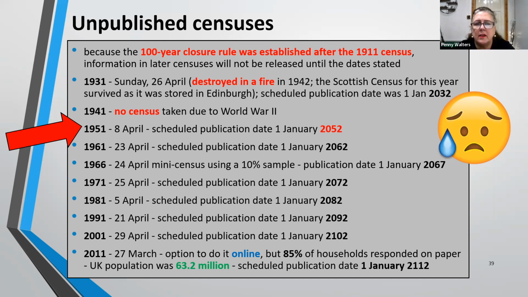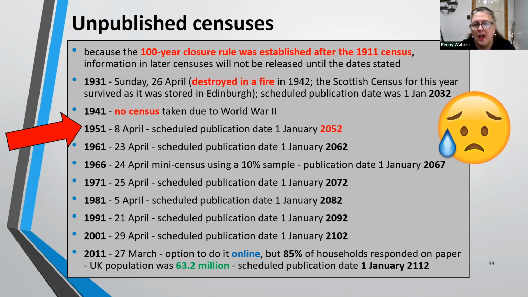Tragically, the 1931 census was destroyed in a fire in the war, but the Scottish censuses are still okay because they were in Edinburgh, and they'll be coming out in 2032. There wasn't a census in 1941 because of World War II, and therefore, after the 1921 census, we won't get a census opened until 1951 in